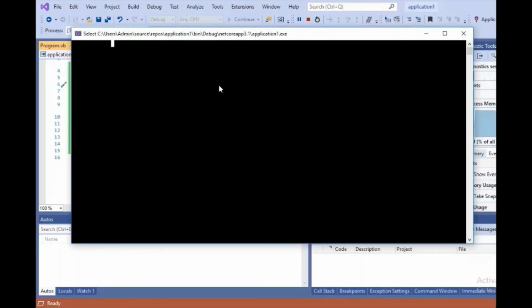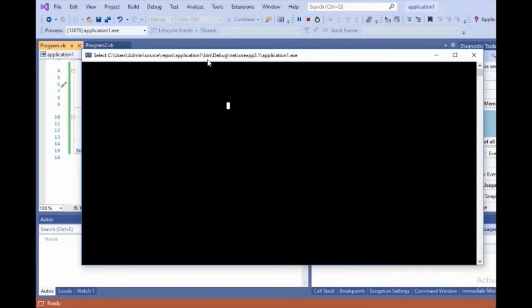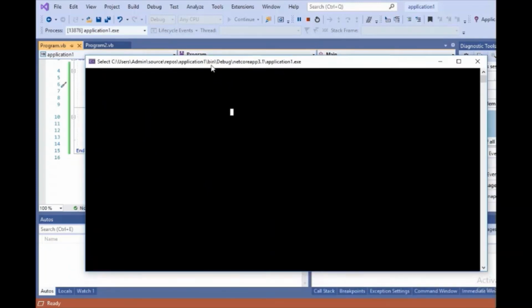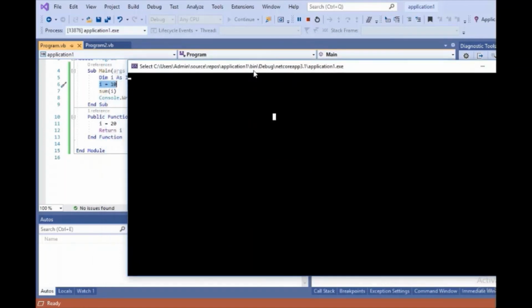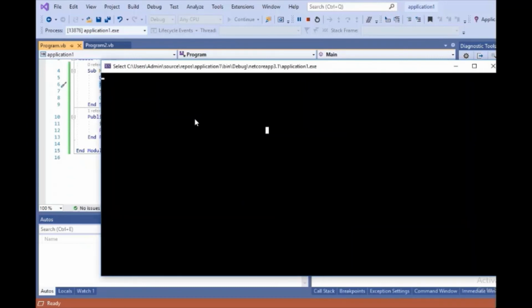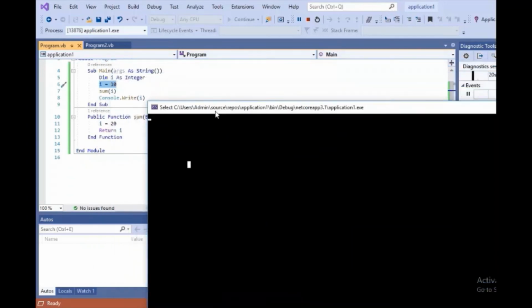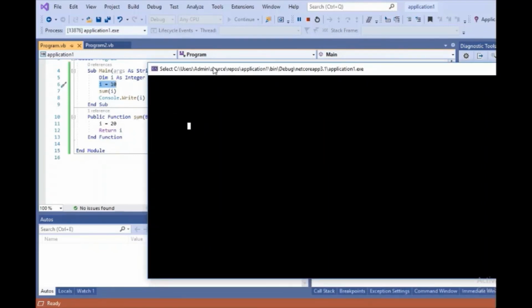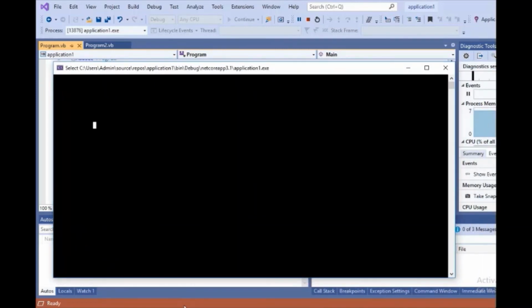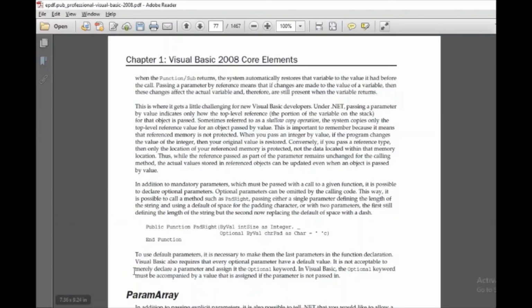It will take a few moments because we have made some changes. And usually when you call by reference, it will take a bit of time, and it will update the value to 20, as I told you before.